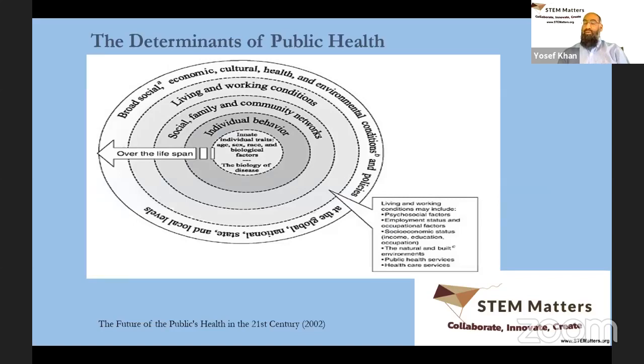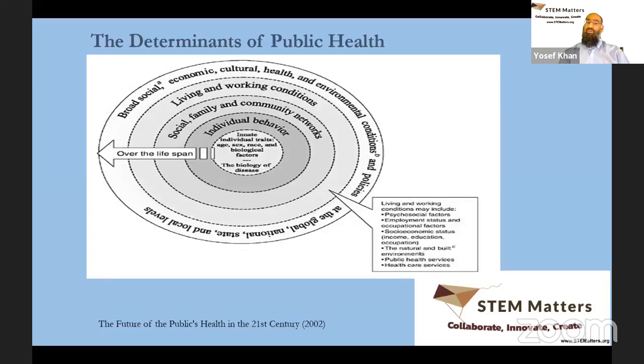There are many determinants of public health. And going back to that definition, that it encompasses pretty much all of society, the determinants of public health are very similar. They begin with innate individual characteristics, such as one's age, their gender, their race, ethnicity, as well as genetic predispositions. It then moves into individual behaviors, whether those are healthy behaviors such as eating right, exercising on a regular basis, not smoking, not drinking, etc.